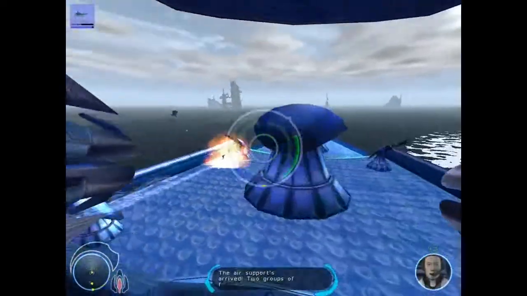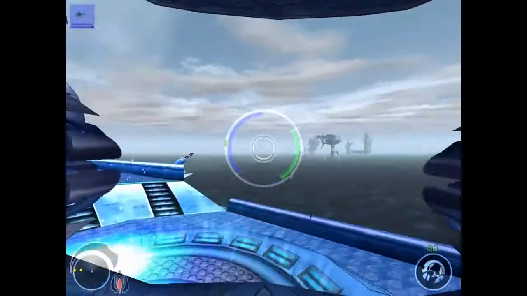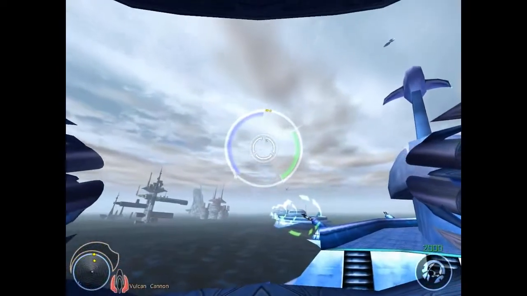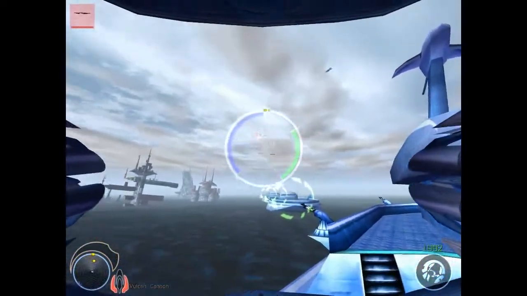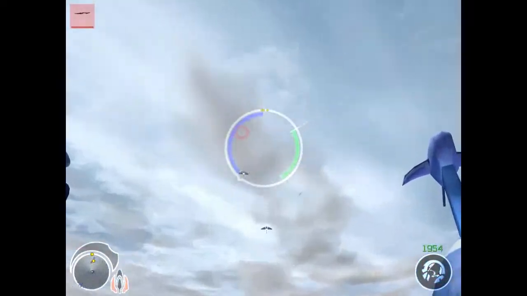The air support's arrived. 2 groups of fighters to the north. Yay. Oh. Zoom in. What is that again? It's mouse wheel out, which is...